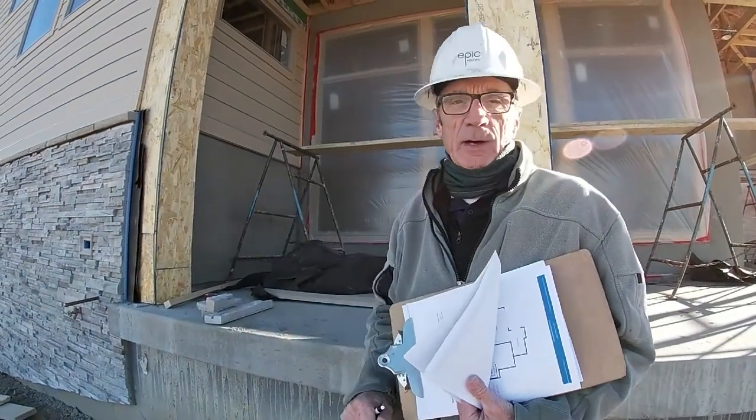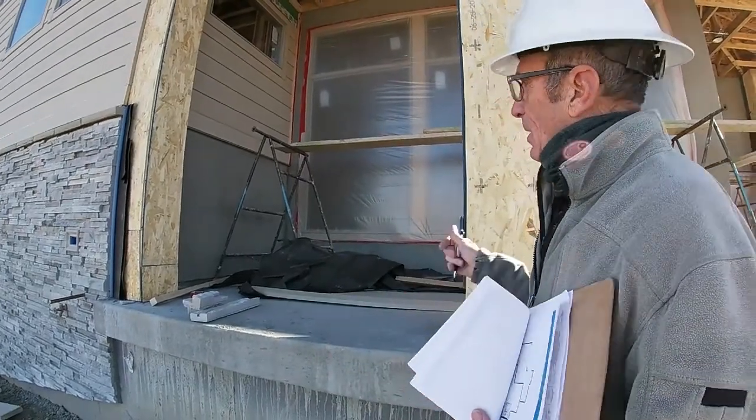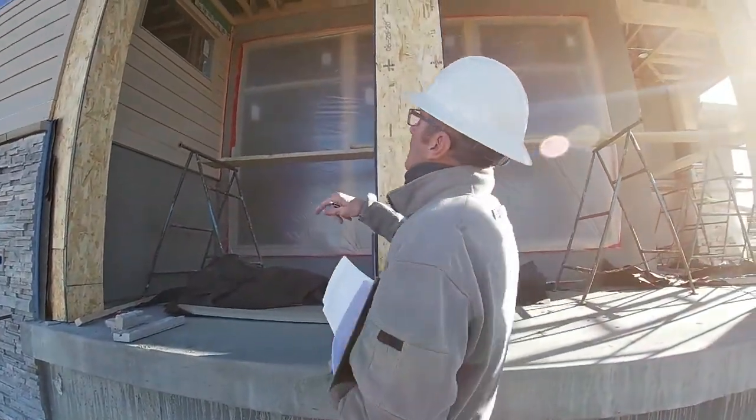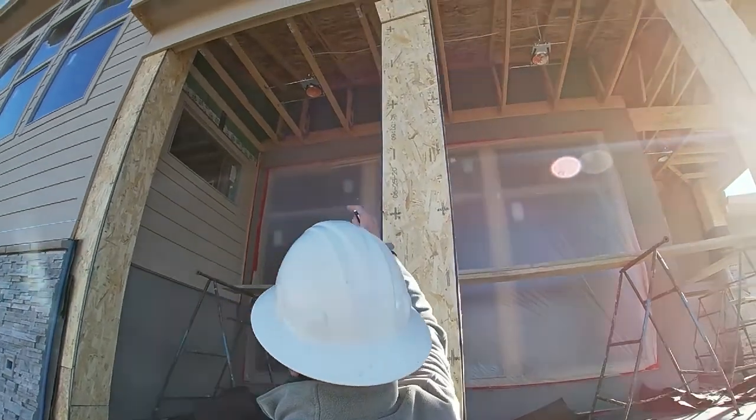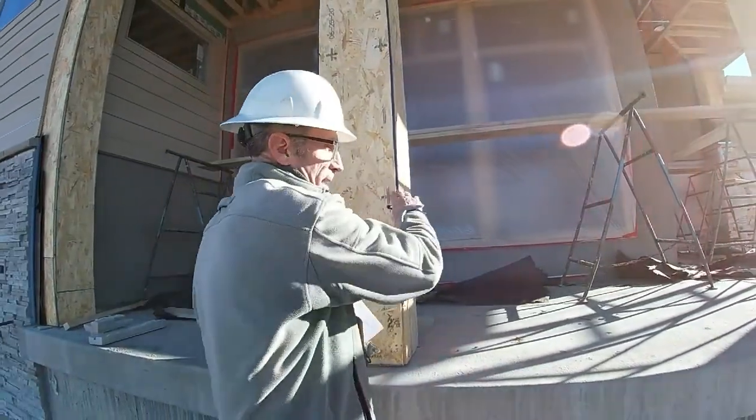Then the downspouts go on the house when we get all of that done, and then we start exterior paint. So these columns wrap in wood, and then as you're aware, we have a wood soffit as well, and that'll close up after inspections. So I'll have metal guardrails between columns,